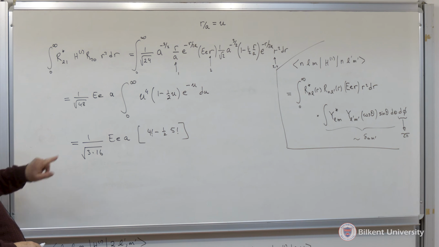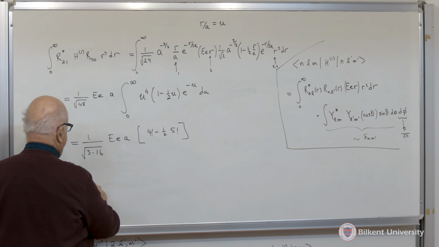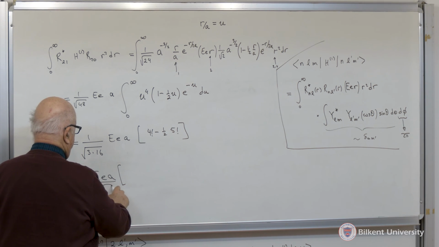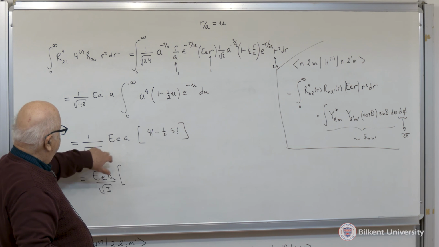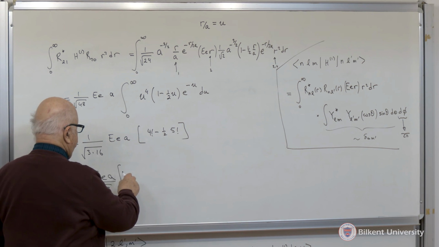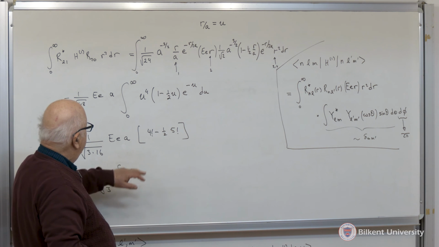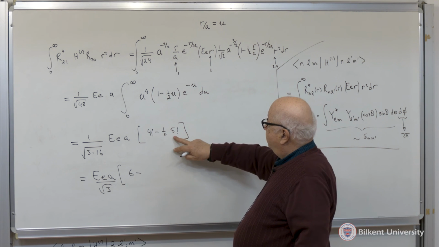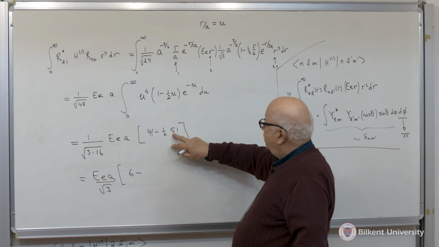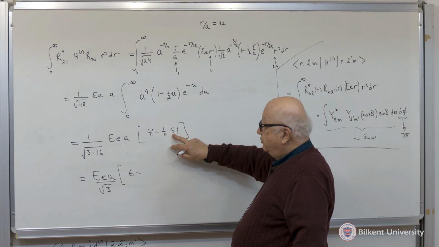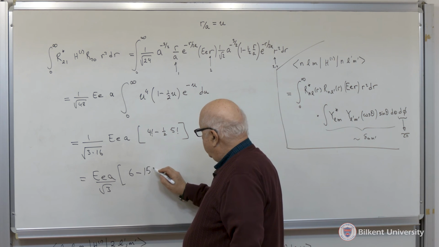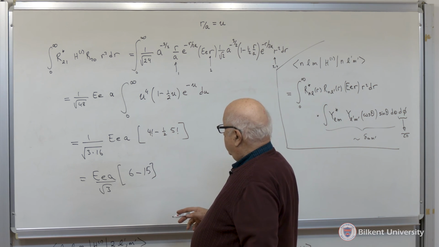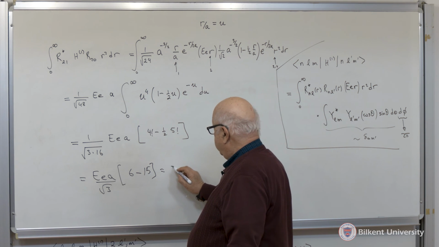Okay, so there's a factor 4 here, so I can write this as E A over root 3. If I divide this by 4, I get 6 minus, let's see. If I divide this by 4, it's 2 times 3 times 30, so it's 15, right? Okay, so this is 9. In any case, let's just write this minus 9